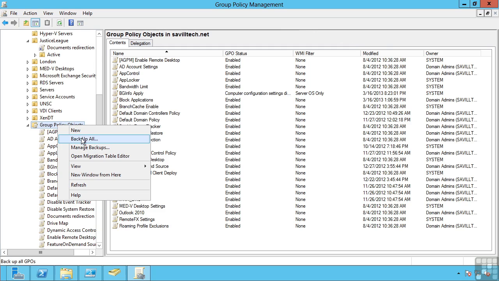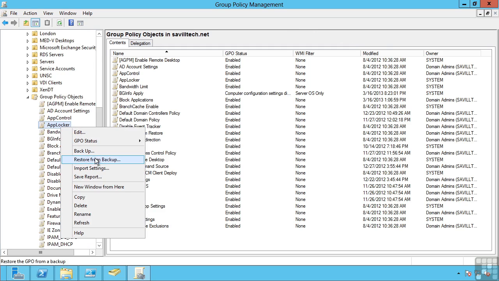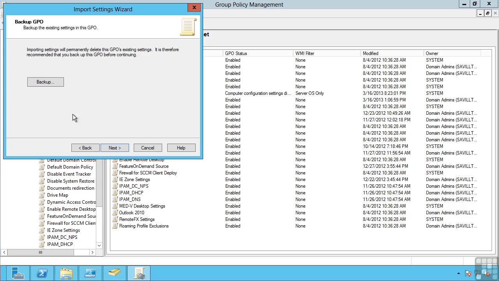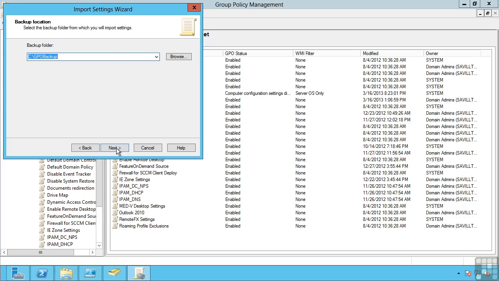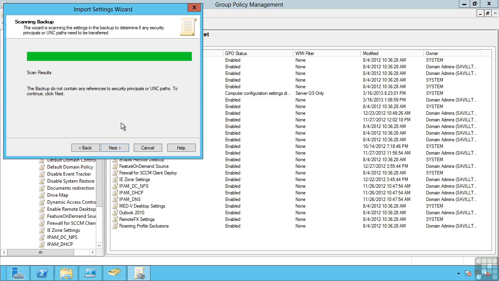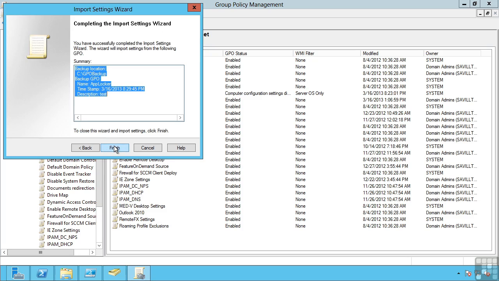I could back up all of my Group Policy Objects. I can restore from a backup or even import settings. So an import settings enables us to take another Group Policy Object and import it over the existing object. It shows me the Group Policy Objects that are backed up into that folder. It's going to show me if there's any problems, and then clicking Finish would import and overwrite that Group Policy